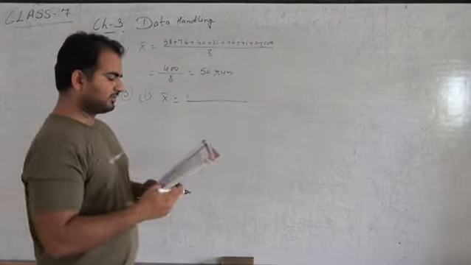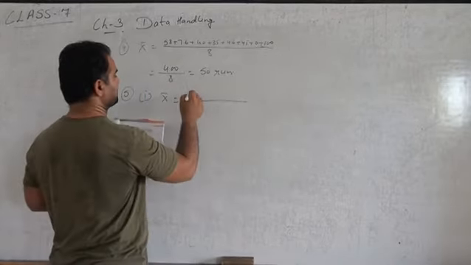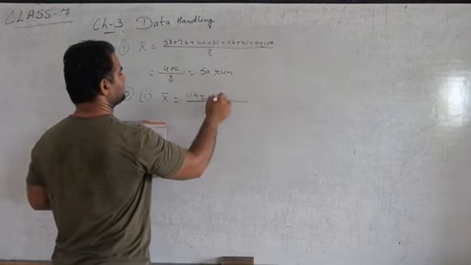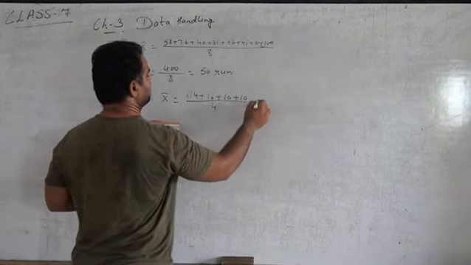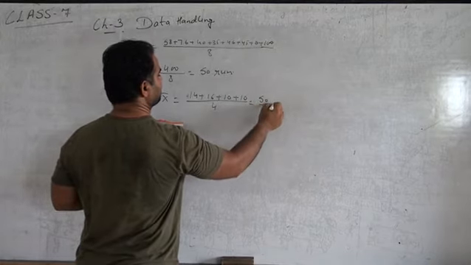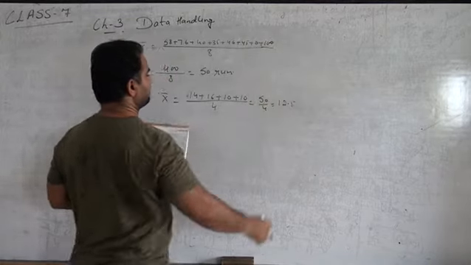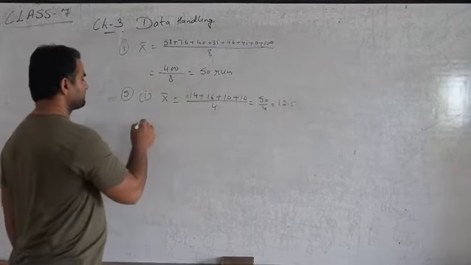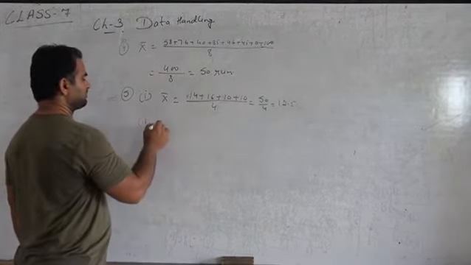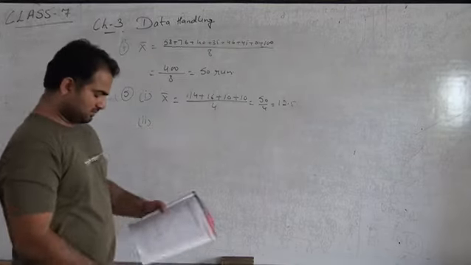So the sum of observations will be 14 plus 16 plus 10 plus 10, divided by 4. It will be 50 by 4. It will be 12.5. Done. Second question is